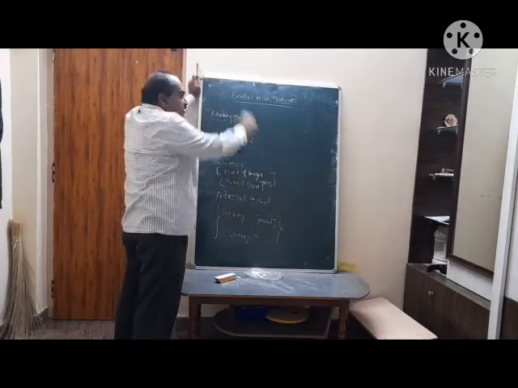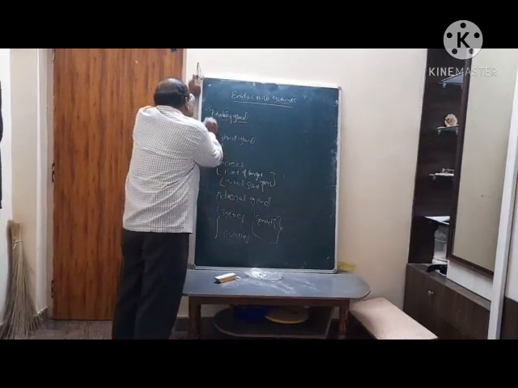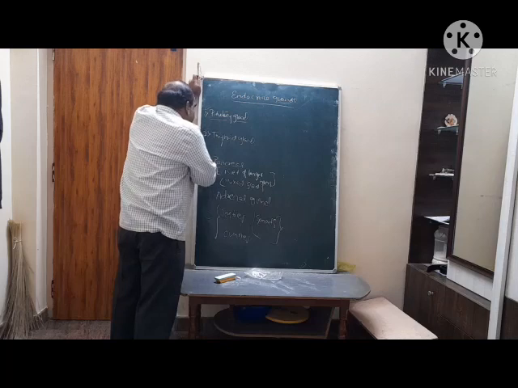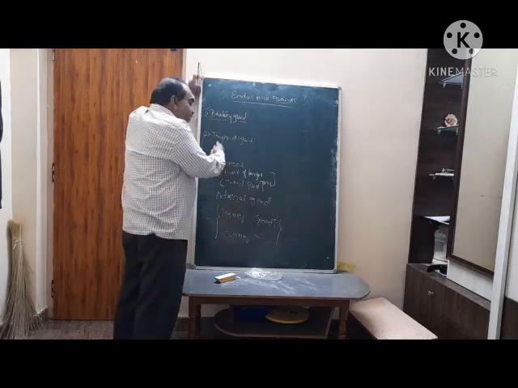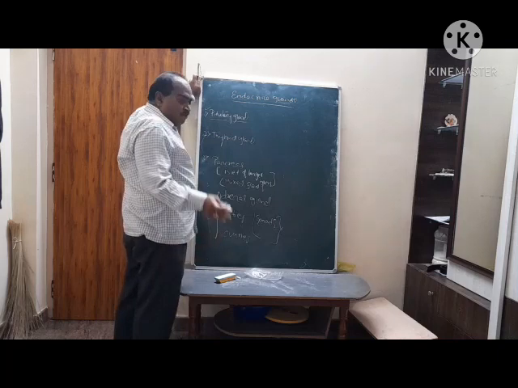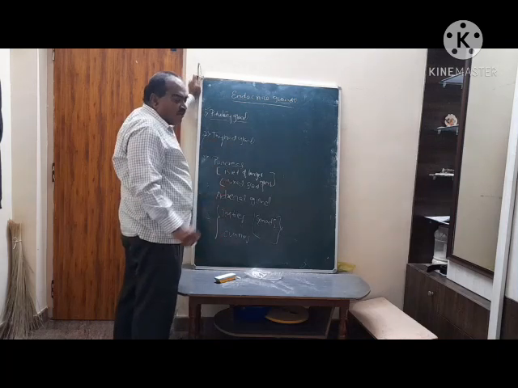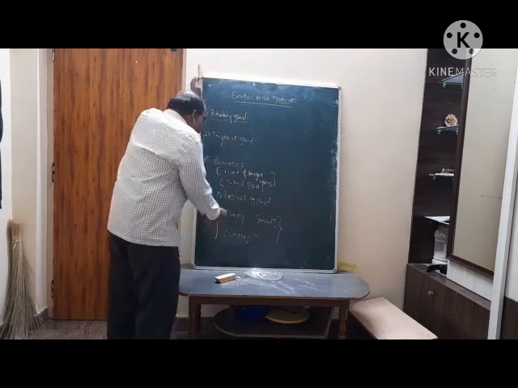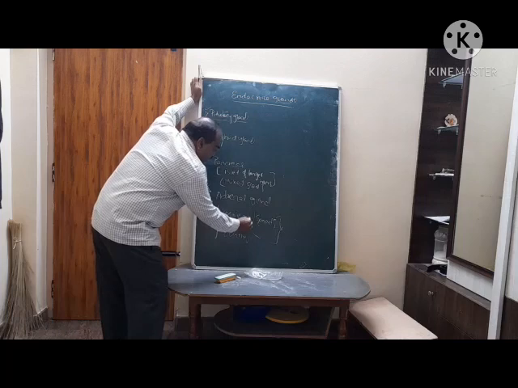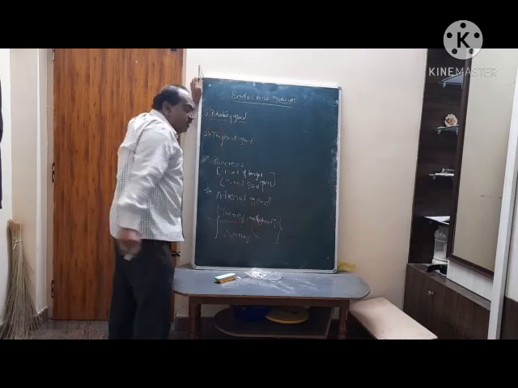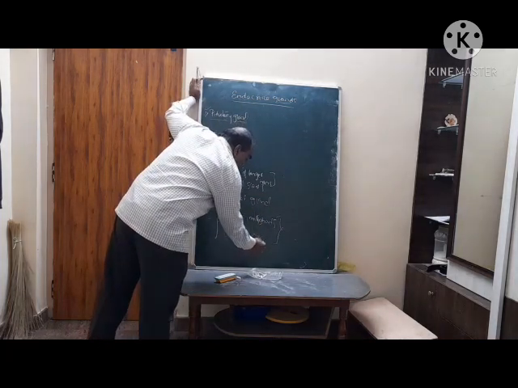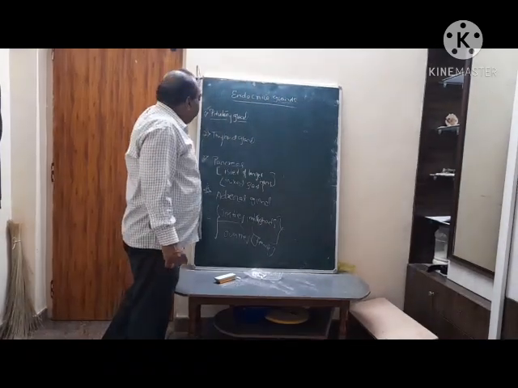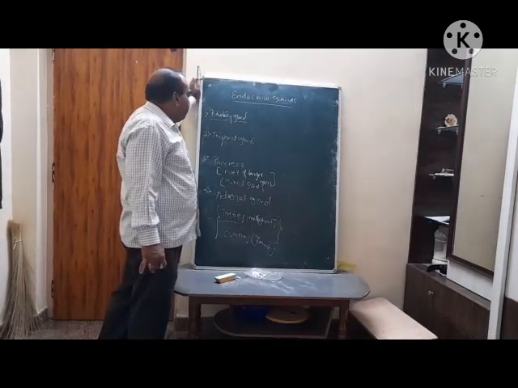The pituitary gland is present both in male and female. Even the thyroid gland is present both in male and female. The islets of Langerhans in the pancreas, also an endocrine gland, are present both in male and female. The adrenal gland is also present both in male and female. But the testes are present only in males and the ovaries are present only in females. So now we will come to them one by one.